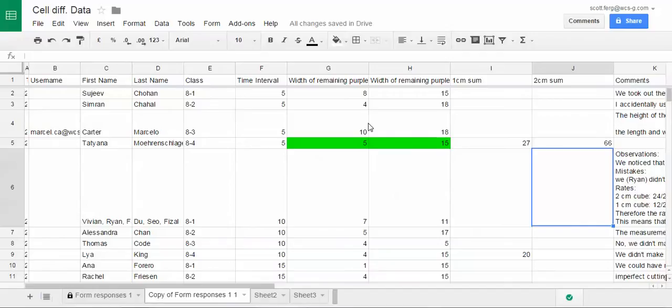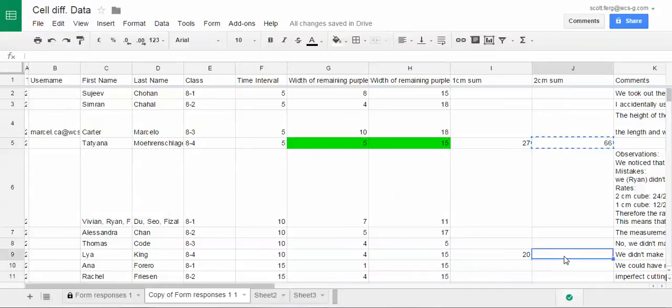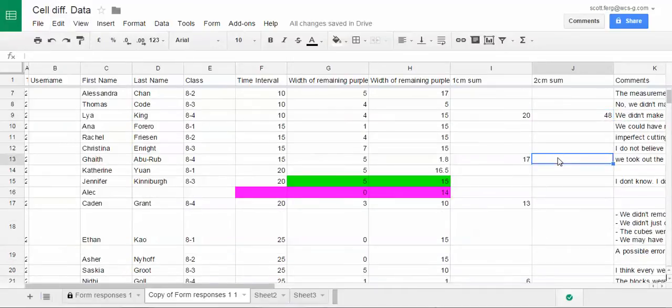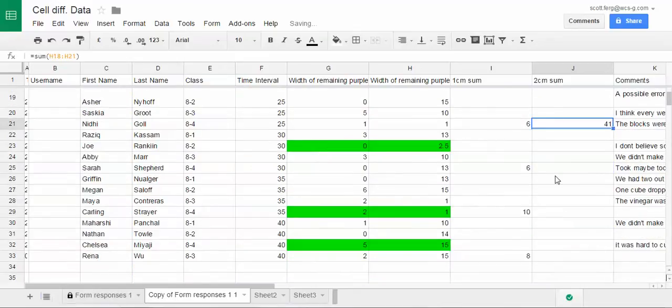All right, now, because that is basically going to be summing those 4 every time, and I have a consistent pattern, I can copy by selecting the cell, hitting Control-C, or you can go Edit, Copy, as it says Control-C or Command-C, based on your operation, and paste is Control-V or Command-V. And I'm going to paste it at the bottom of every 5-minute section, which is where I already had the other ones. This is going to give me all the sums that I need